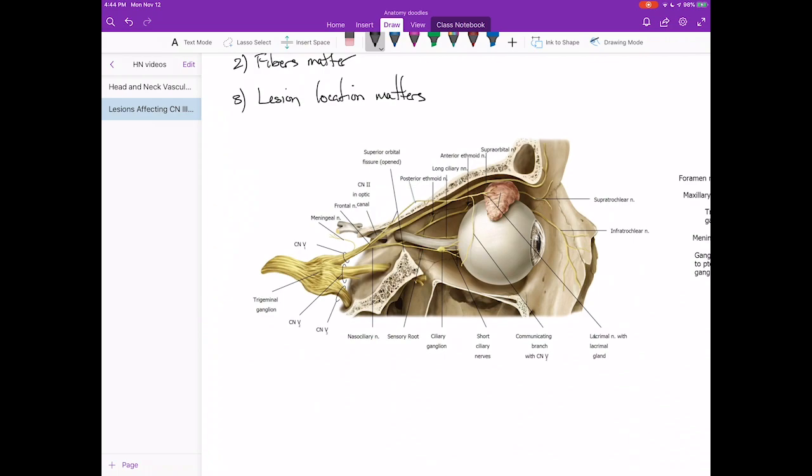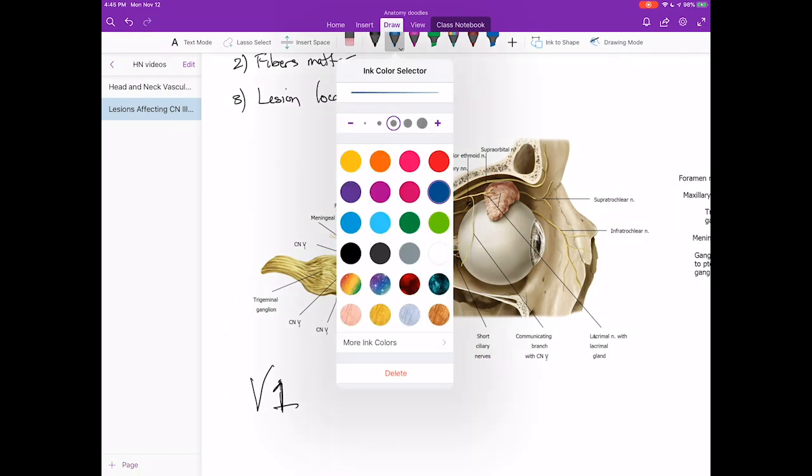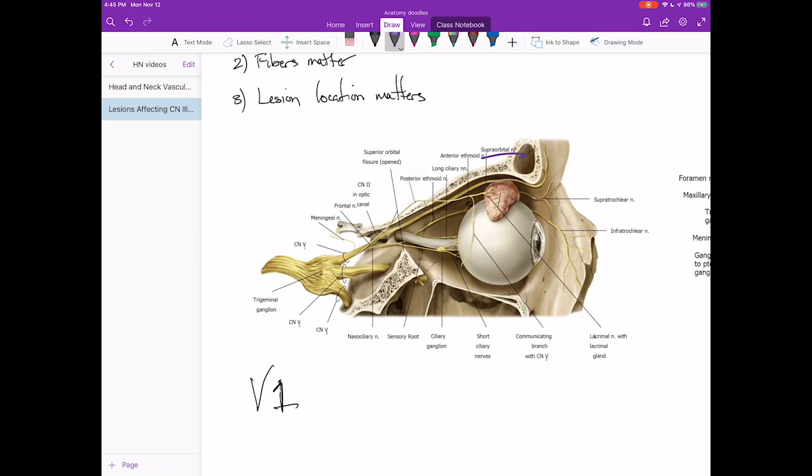Let's start with V1. So this is a map of V1. V1 is the ophthalmic nerve, and it courses through the orbit to terminate as the supratrochlear nerve and the supraorbital nerve. We'll draw V1 fibers in, let's say, purple. So here's the supraorbital nerve and the supratrochlear nerve. It also gives branches, the nasociliary nerve,